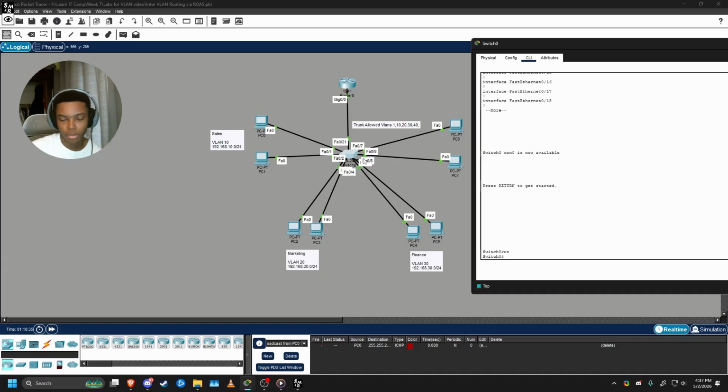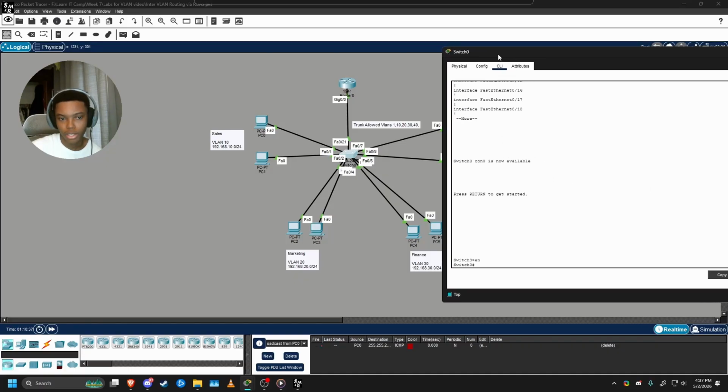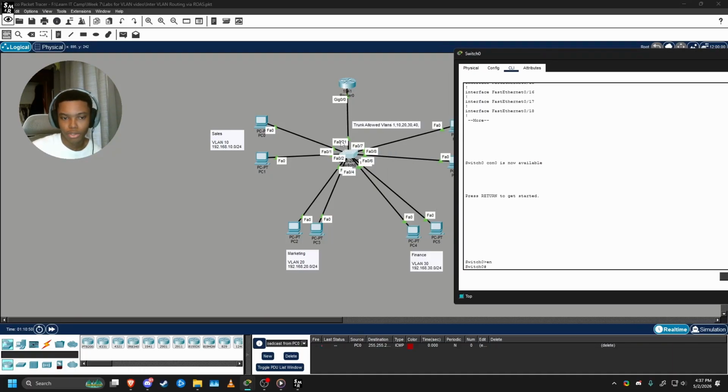They can forward frames from one VLAN, but the trunk link between switch 0 and router 0 allows it to forward frames to router 0 from multiple VLANs. So we don't need an individual access link from each VLAN to router 0, and we can save on interface space on both devices. So if we go to show run